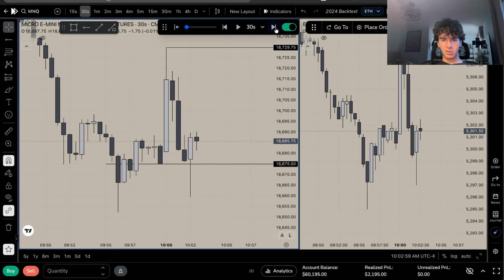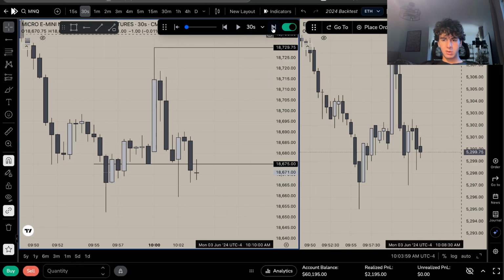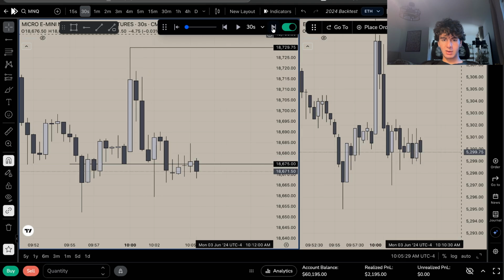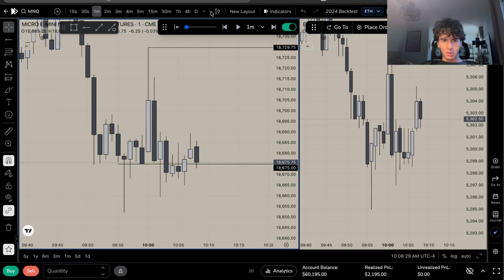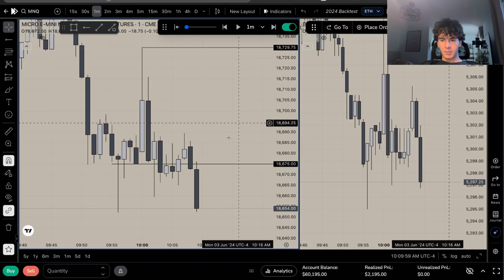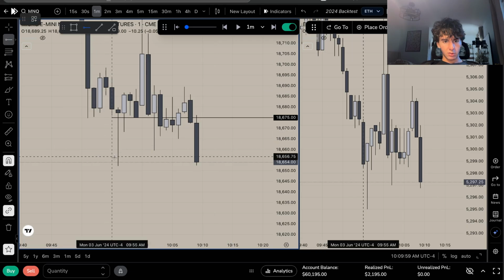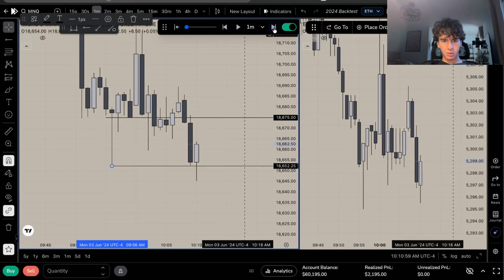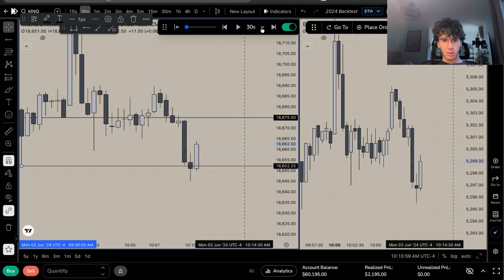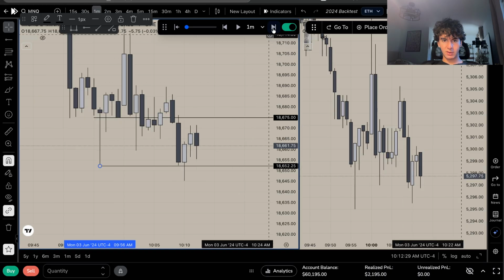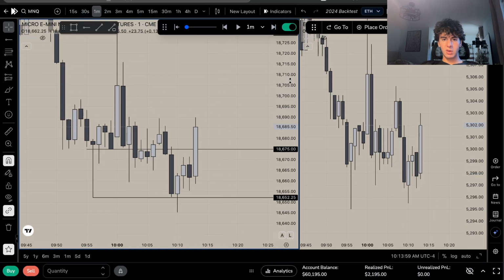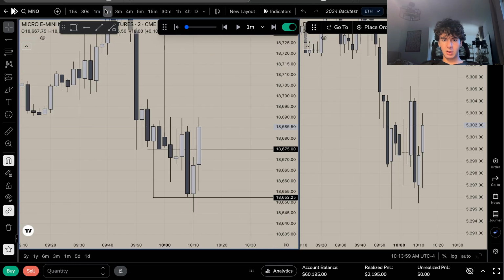So if we get this long with good displacement, I would take it. But if not, we're just chopping here. Yeah, we're just chopping here. Do we get the resweep down here now? All right, we get it there. And we're really just failing to react off of these key levels. We get the strong displacement here.